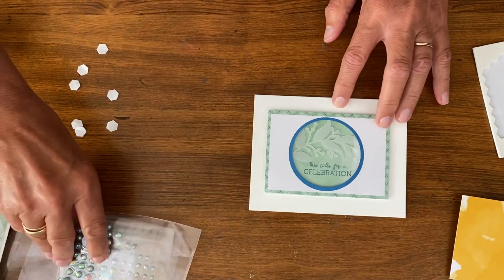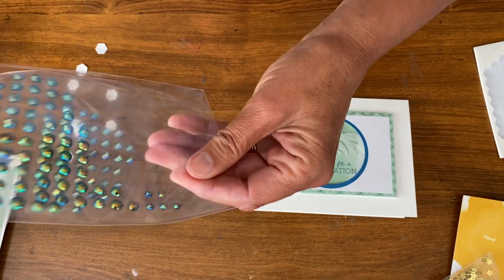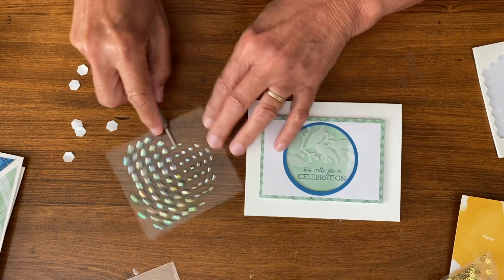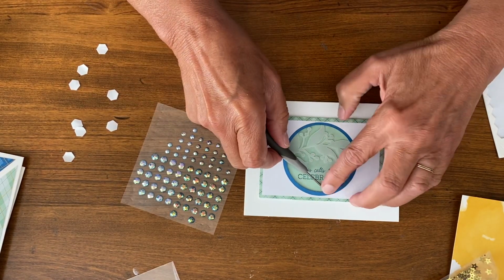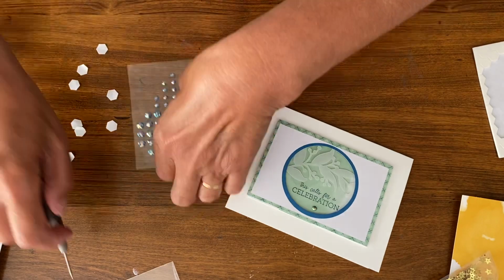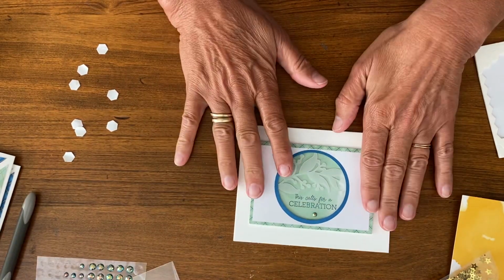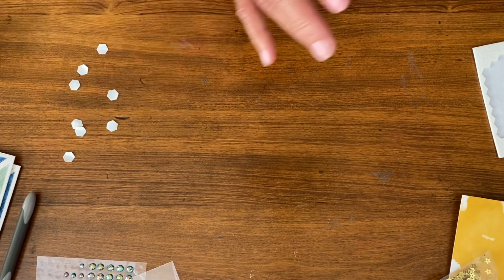Now there are these little stars I could put around, but instead I took out of my gem box just a few of these. I thought, oh, I like these really well, so I'm going to put one down there. And you know what? I'm going to leave it because sometimes you know you do one step too far, but I could add more. But I thought that okay. So here's one card that I could make a few out of, and then I took